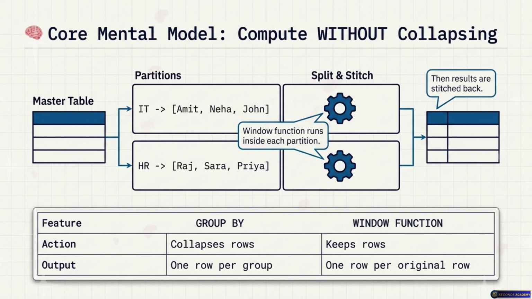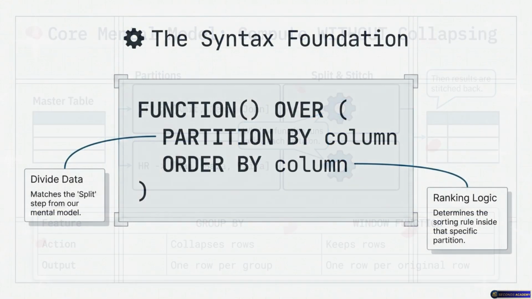Okay, so just to summarize that, GROUP BY forces an n-to-1 transformation, returning one row per group. Exactly. But a window function executes an end-to-end transformation. You maintain every single original row, but you augment them with relational analytics. You nailed it. So moving from the conceptual engine to the physical code, we have to write the syntax to